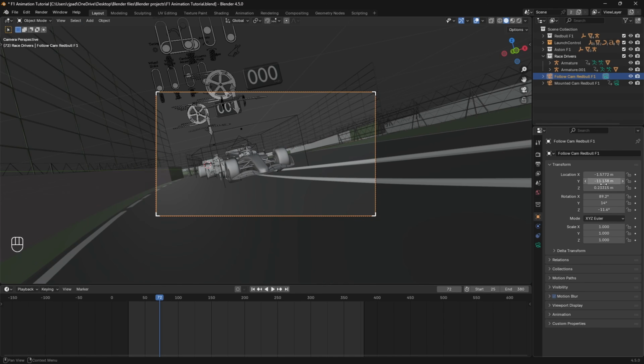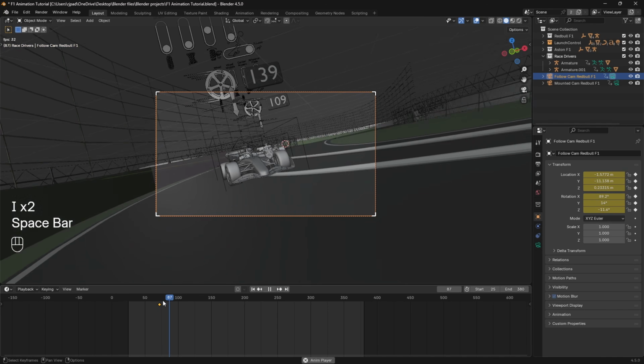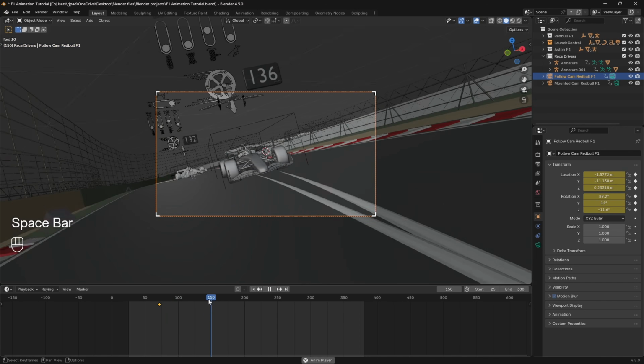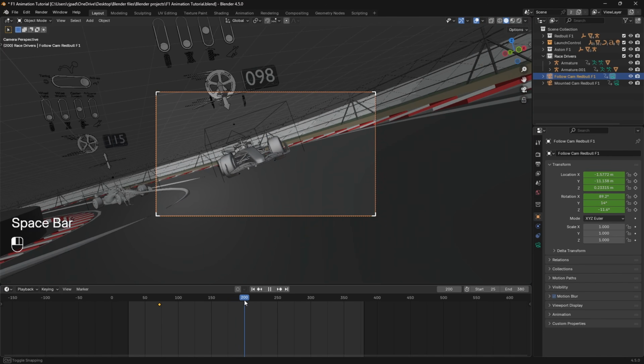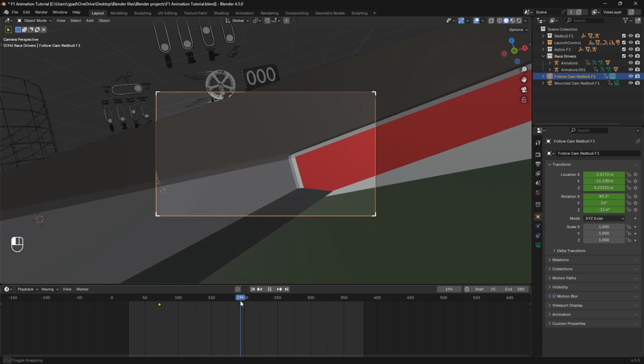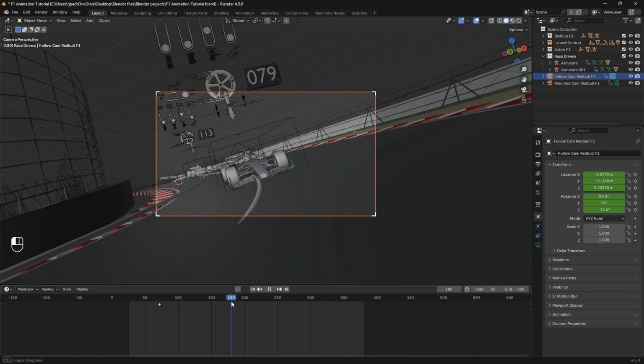I don't know, something like this. Like on frame 72, you can hit I and then I to add in a keyframe right there, and then we'll hit play. And then let's say on frame 200, right before the turn happens, I say right here, we could move the camera over. So instead of using this transformation, I can actually hit shift on my keyboard, and then I don't know what